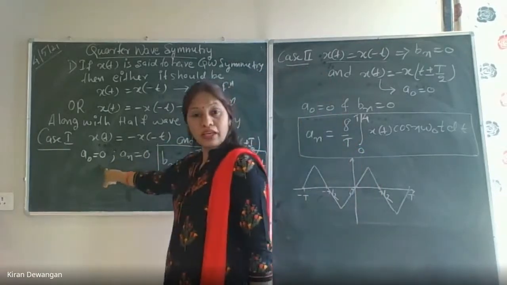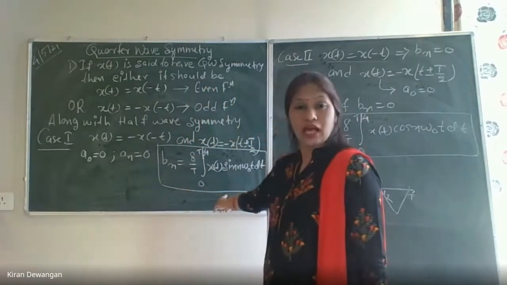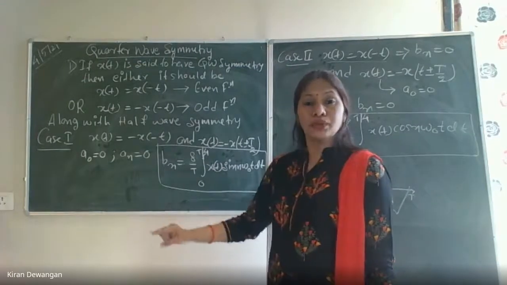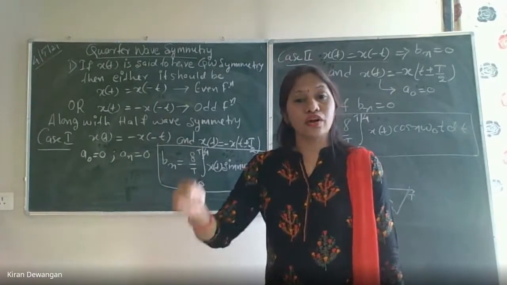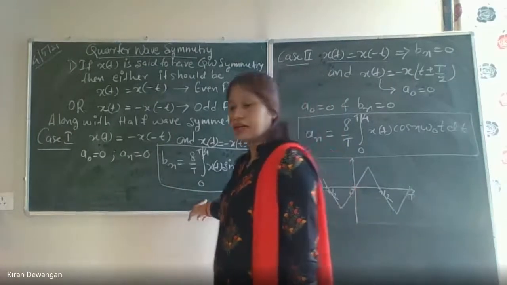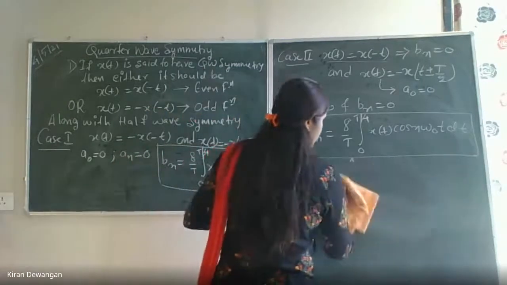You don't need to unnecessarily calculate a naught, or calculate an. You have to just calculate the value for bn. Okay? And in the Fourier series, again we need to remember that it will exist only for odd harmonics. Clear now? Now let me plot another type of waveform